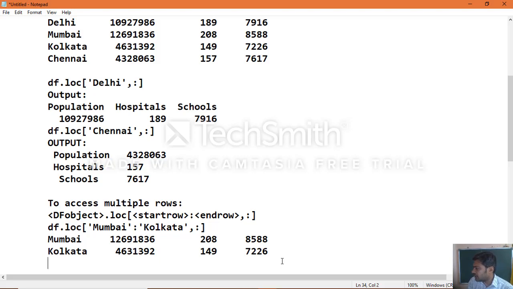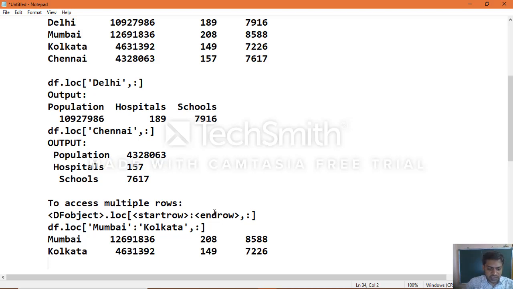In the same manner, when you specify start row and end row, Python will return all rows falling between the start row and end row, along with the start row and end row. That is, when you specify the start row and end row, those rows are included and the data will be displayed. If you have other rows in between the start row and end row, the information of those and these two specified rows you will get as an output.